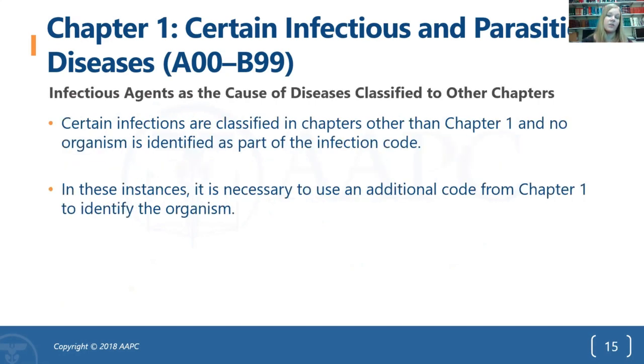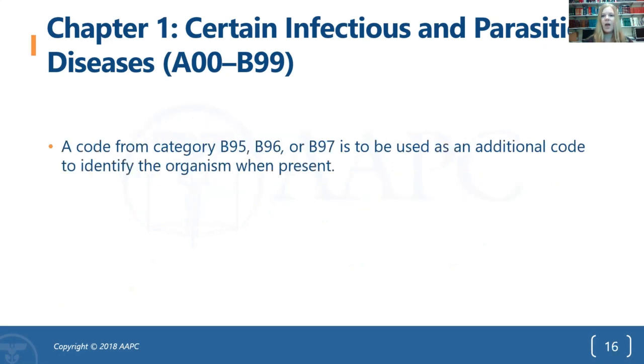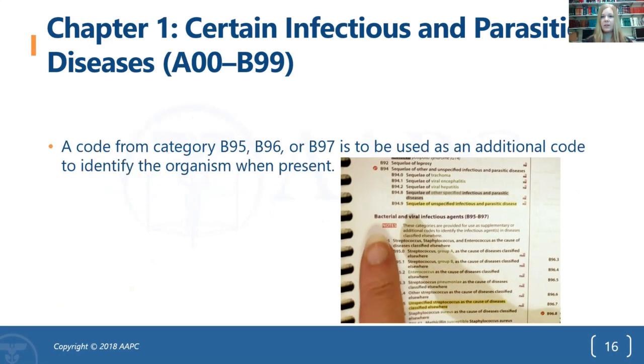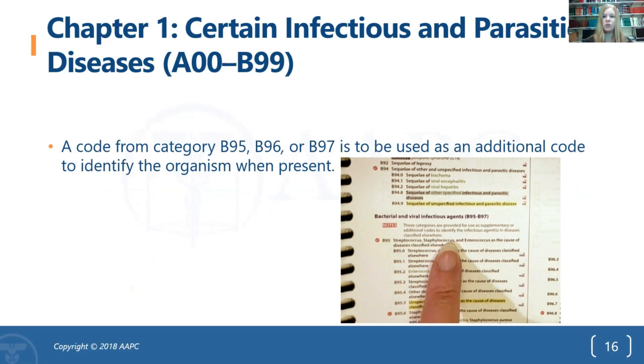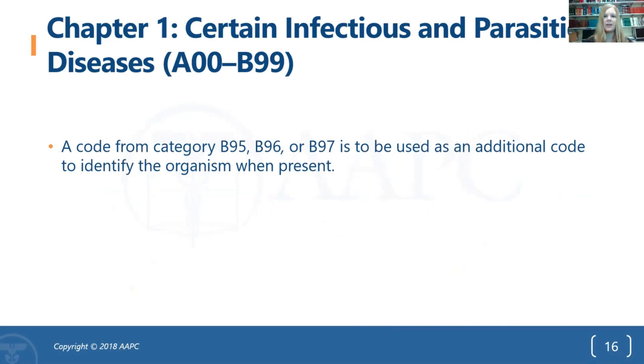Not all infections are contained in Chapter 1, and in those instances, the infectious organism is not identified in the infection code. In those circumstances, you would also assign a code from Chapter 1 to identify the organism. A code from category B95, B96, or B97 is to be used as an additional code to identify the organism when present. These categories are provided to use supplementary or additional codes to identify the infectious agents in diseases classified